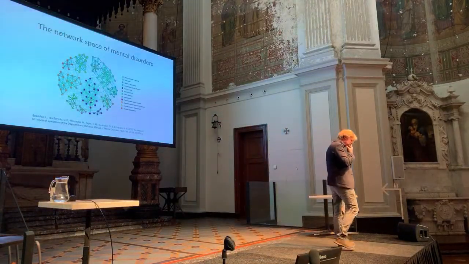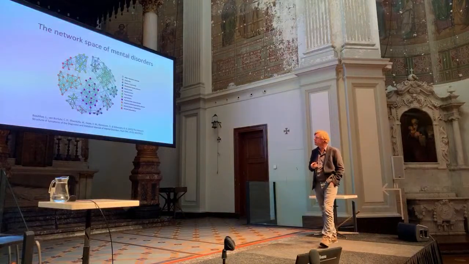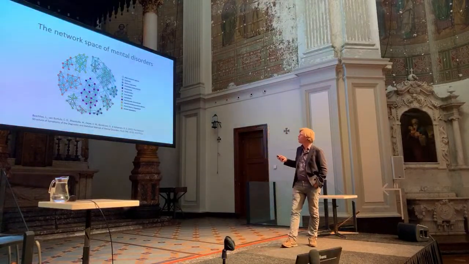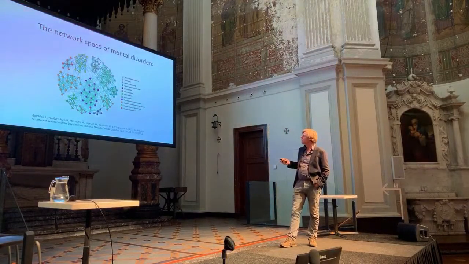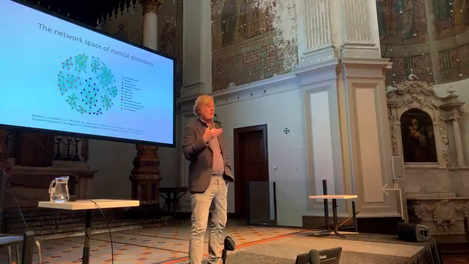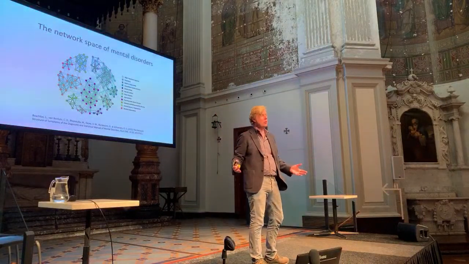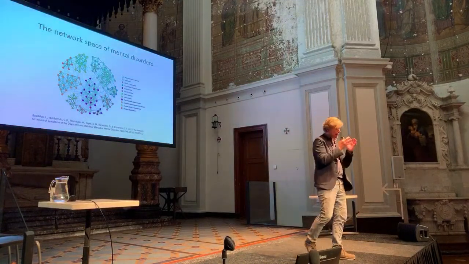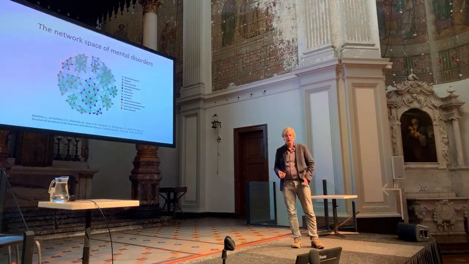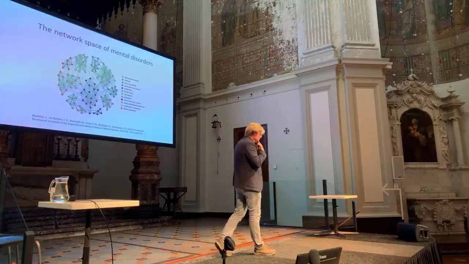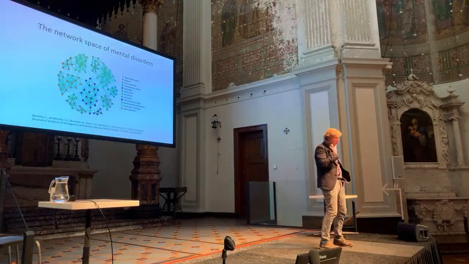So where does that leave us? What are mental disorders if they are these things? One idea is that mental disorders are regions of more tightly connected symptoms, and this is a network space of the entire DSM, that have a greater tendency to activate each other. And that's why we see in people that we don't all get mad in completely unique ways. Right? There is systematicity in what we see in the clustering and the organization of symptoms in mental disorders. It also implies, of course, that if there are individual differences in the connectivity patterns that give rise to these stable states,